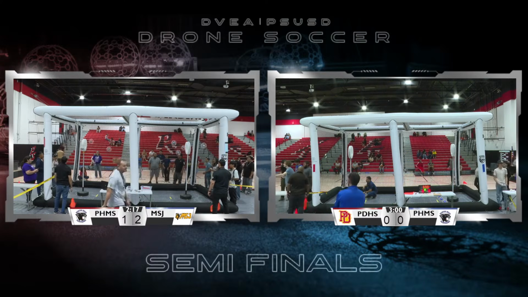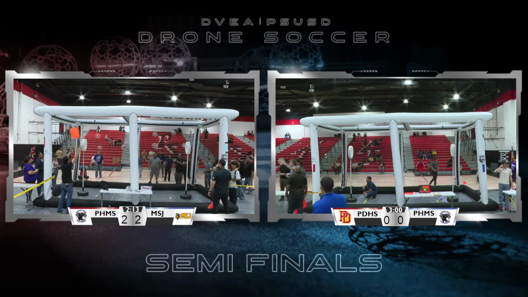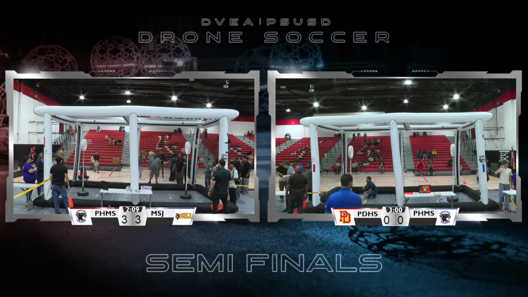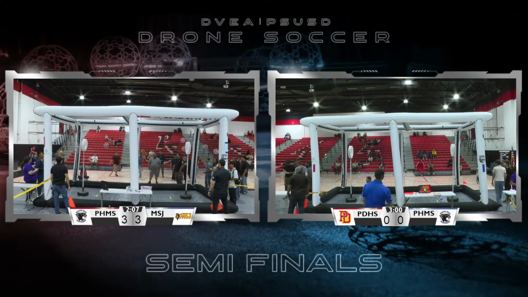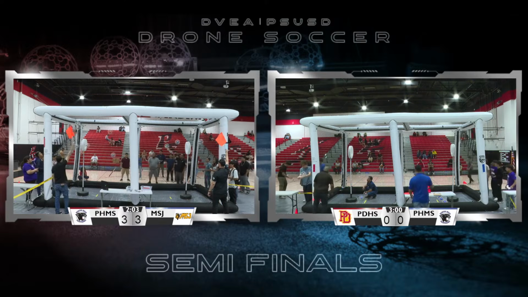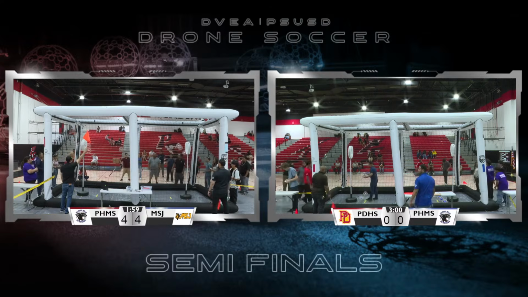We see those defenders blocking out the goal. We have another goal there, so now it's 2-3, now 3-3, with 2 minutes left to play. See the defenders are coming back around the goal, blocking out. Another goal just went through, another red drone just went through, so they're gonna reset. They're in an offside situation right now, 4-4.